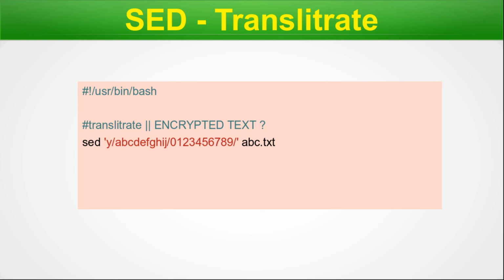Then we use slash, and we mention the same stream of characters, a to j, and then 0 to 9. After the slash, you can see in the example what this will do: it will replace A with 0, B with 1, C with 2, and so on, and finally J with 9 inside the abc.txt.